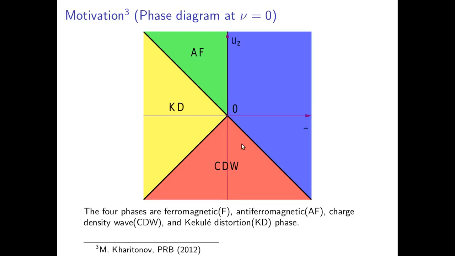And this transition is not completely unheard of, because Kharitonov actually did predict this transition from his phase diagram, where he explained that if you add a sublattice, or in this case, if you have a zeroth Landau level, you can get a valley asymmetry term. And then there is a ferromagnetic phase, which is this blue region, and an antiferromagnetic phase, which is this green region, and there could be a transition by changing the in-plane magnetic field, and that is exactly what